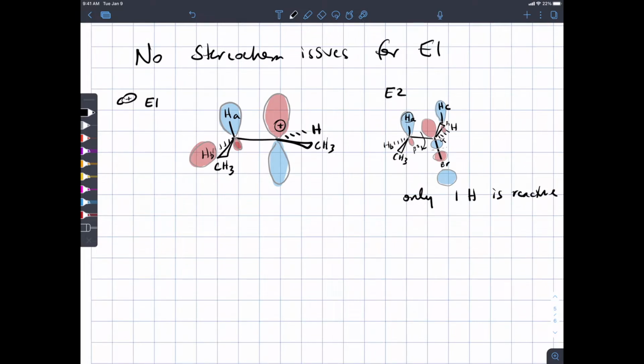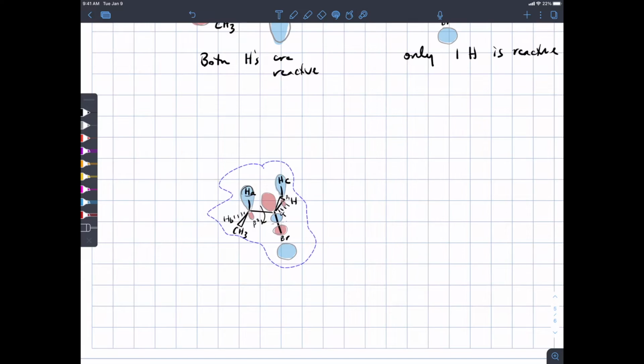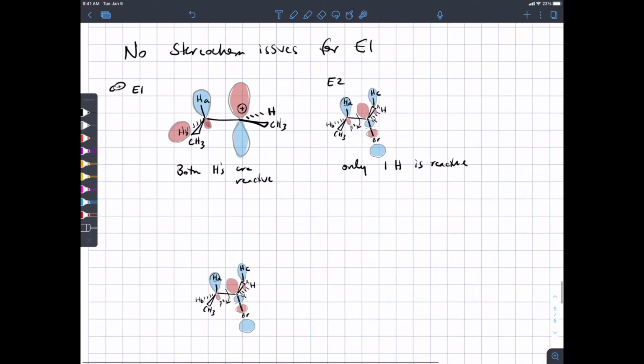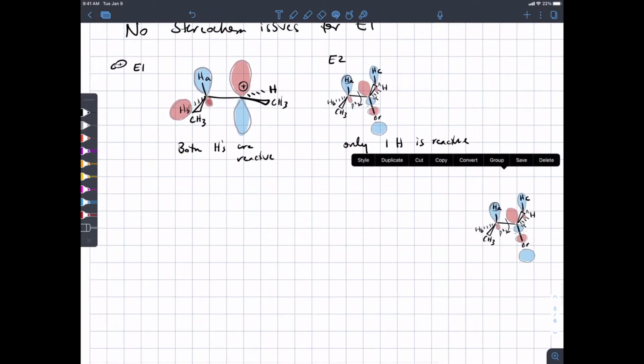In E1, because the p orbital is evenly distributed on both sides, both protons are reactive. Now, you wanted to say, well, let's make it worse. So would there be two possible products? From E1? Yes. Right, from E2, if we did the E2 reaction, we're going to get